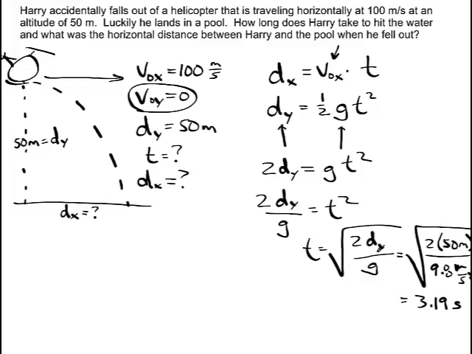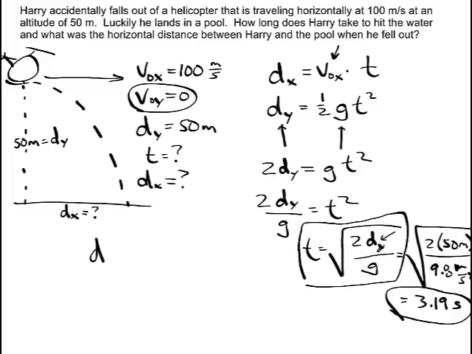The important thing here is if you look at this relationship before we plug the numbers in, you'll notice that the time it takes to fall only depends on this vertical distance. g on our planet is 9.8. It's not going to ever change. And so it doesn't matter how fast we're going horizontally in terms of how long it's going to take to hit the ground. Okay? Now, if we want to find the horizontal distance, we pull out the other equation